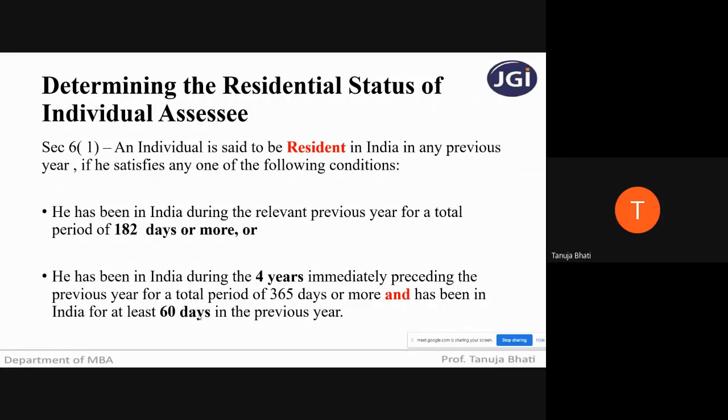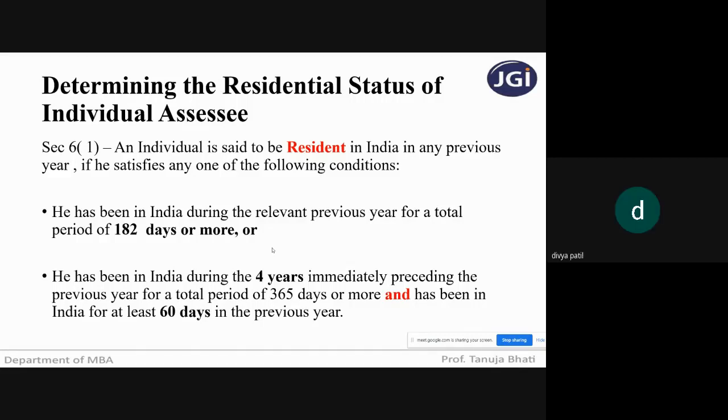Okay, have you all understood this? See, you will understand much more clearly when we start solving problems. At that time practically you will have the figures and data. At that time you will understand it much more. But I hope you have understood this, because based on this particular section provision, you will be able to solve the problems. So have you all understood, students? Can we move ahead?